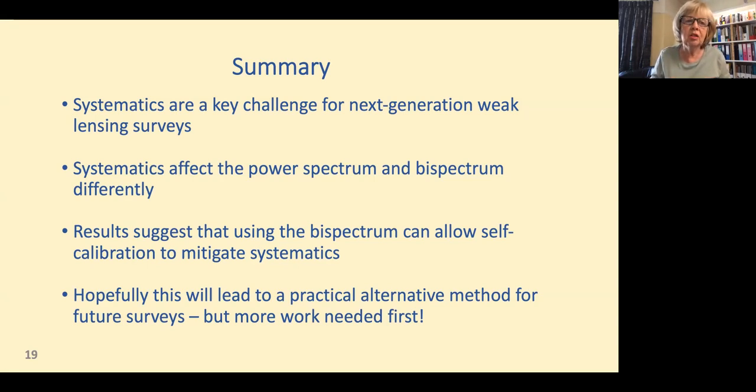It would seem intuitive that systematics affect the power spectrum and bispectrum differently, and our modelling suggests that is in fact the case. And our modelling and results also suggest that the bispectrum can allow self-calibration. You don't need external data to set your priors. So we think that this is worth pursuing. It could lead to a practical alternative method, and we are pursuing some further work to verify that this is a